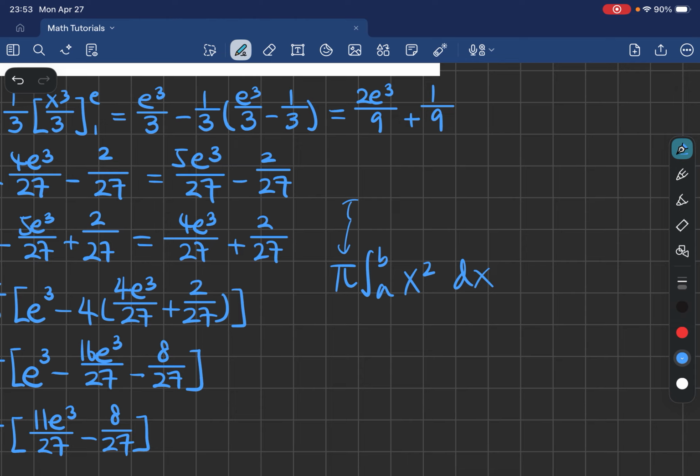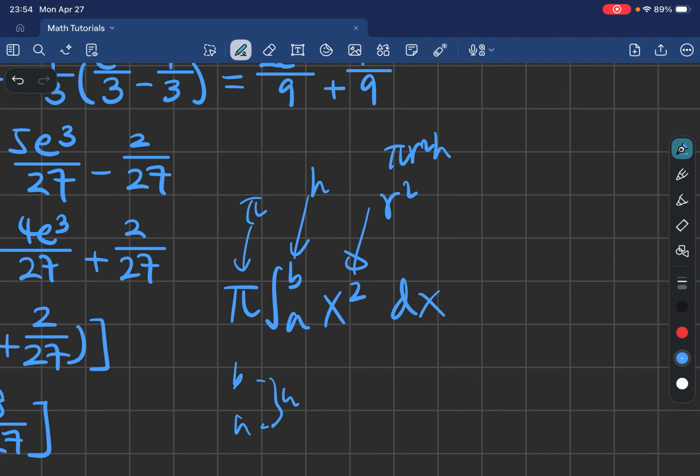This is just like the normal pi, and a to b, I treat it as something like the height from a to b, and f(x) squared is kind of like r squared to me. So it's a very abstract way of calculating something that, if you look at it in this sense, might look like a cylinder. However, it's not a cylinder, but it's mimicking a cylinder. So this formula is just that